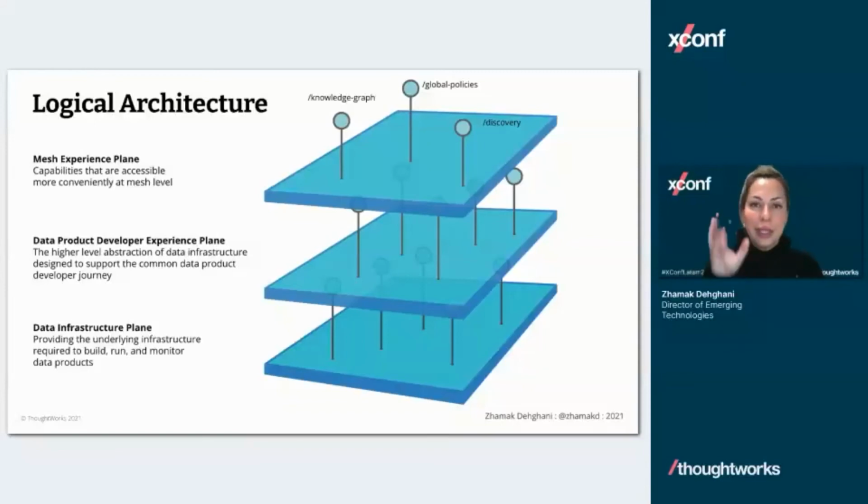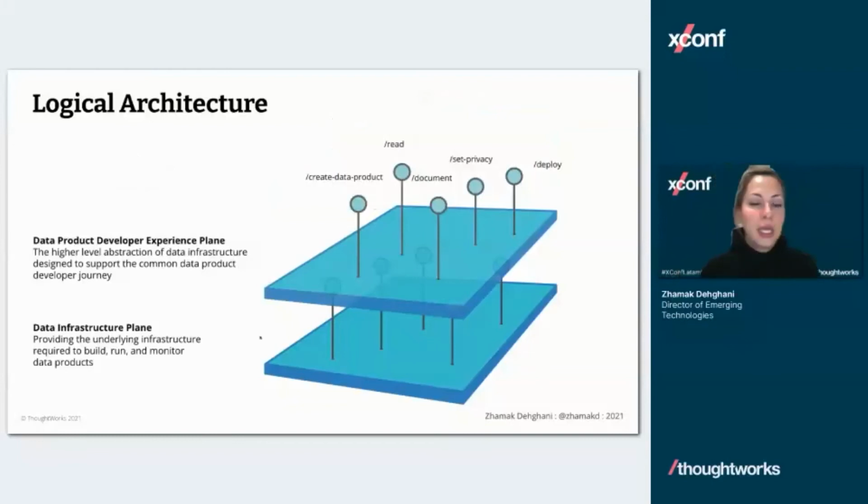Sorry, I need to go back a little bit, this jumped up. So if we say that this data quantum is the unit of exchange of value now, this is the thing we build, this is the thing we deploy, this is the thing we use, then we need to have a new language, a new set of tools for creating it, for deploying it, for versioning it, for setting privacy on it. So the platform needs to now speak a new language with us. That's a higher level of abstraction.